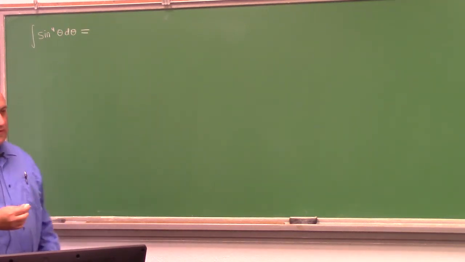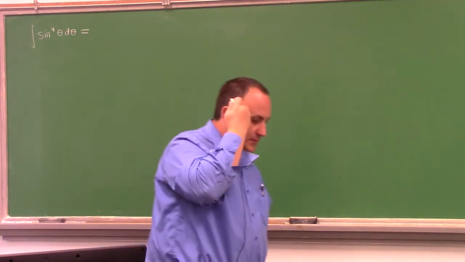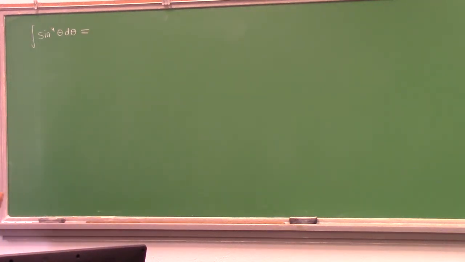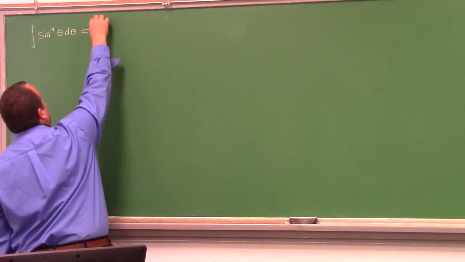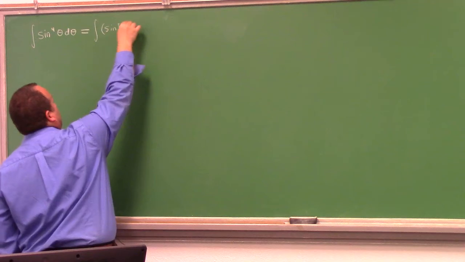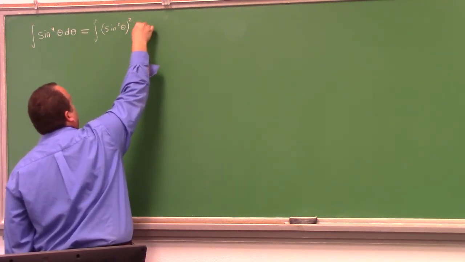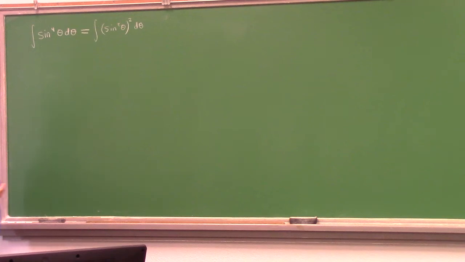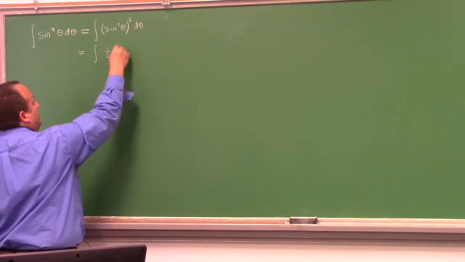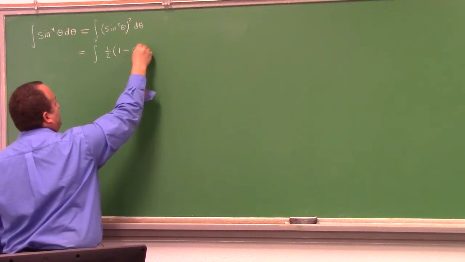So sine to the fourth theta, well, we saw last time, last Wednesday, that the integrals of odd powers of sine or cosine are not too bad, right? But even powers, a little bit trickier. So the way you do this is to look at this as sine squared theta, squared, right? But the thing is, we have an identity for sine squared, right? What's the identity? It is 1/2 of 1 minus the cosine of 2 theta,